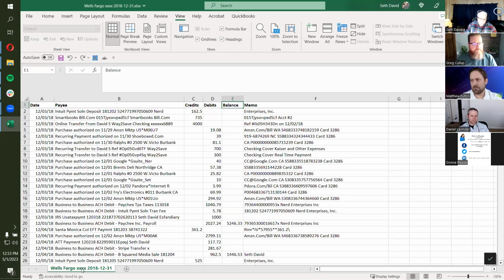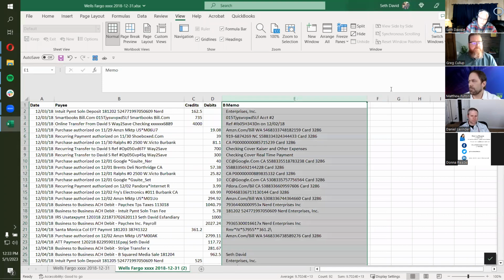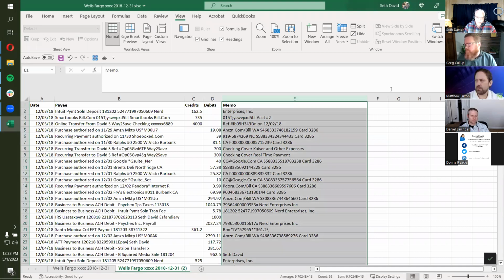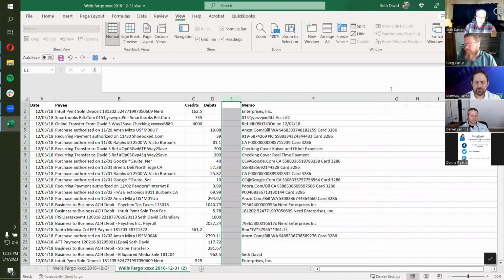So notice my mouse is over the tab at the very bottom. Holding down Control, click and drag to the right makes a perfect duplicate of that tab. Everybody always loves that tip. So now we can play. And that way I can very quickly and conveniently get back anything that I've changed here while I'm doing this.